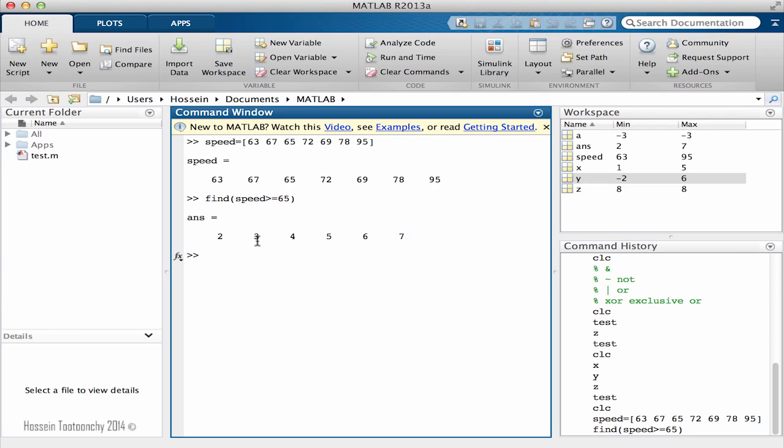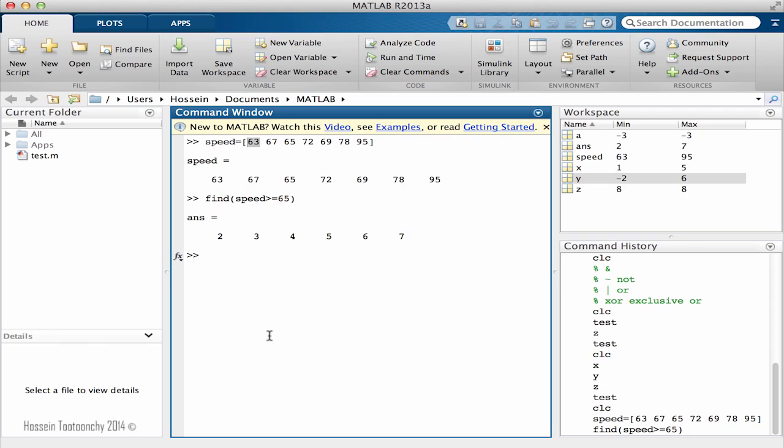And if you pay attention, these are the indexes. These are the index numbers of the elements inside the speed vector. So the first one, 67, is an element which is bigger than or equal to 65. The third one is also. The fourth one, the fifth one, and there is no 1 here because the first one was 63, which was